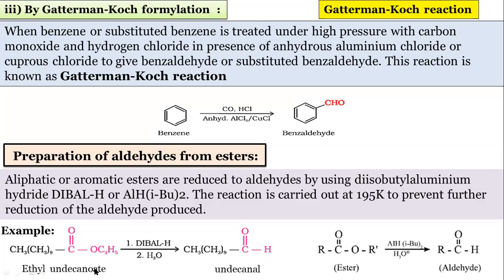Remember, undecanoate. If 10 carbons are there, it will be decanoate. If 9 carbons are there, it will be nonanoate, like this. Methanoate, ethanoate, then propanoate, butanoate, pentanoate, like this. This is undecanoate. So this ester has the ethyl group plus 11 carbons here, we get